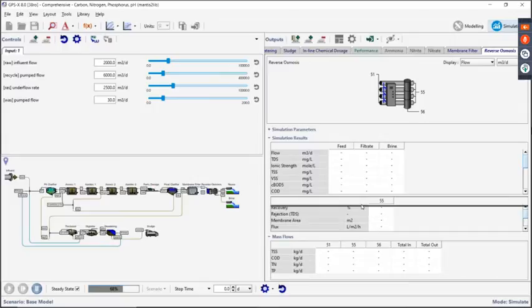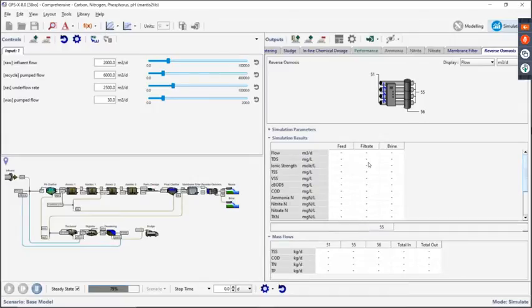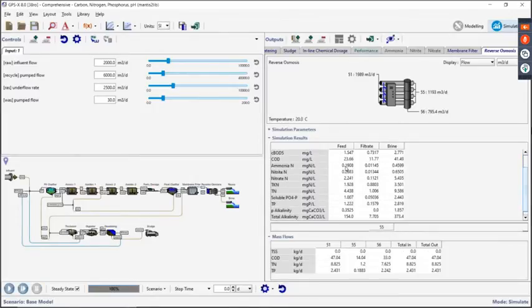All right, I'm just letting this thing come to steady state here, and what you'll see is as we go through and we compare the feed concentration versus the filtrate concentration, things like ammonia and nitrate and so on, and soluble phosphorus will be lower. So here's our ammonia, and the feed is 0.2, but coming out of the filtrate is 0.01. So you treat it down to a very low level of nitrogen in this particular effluent. And if we look in the brine, we can see these are the concentrated values that were taken away.